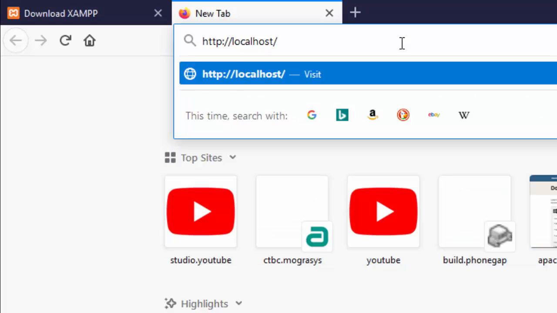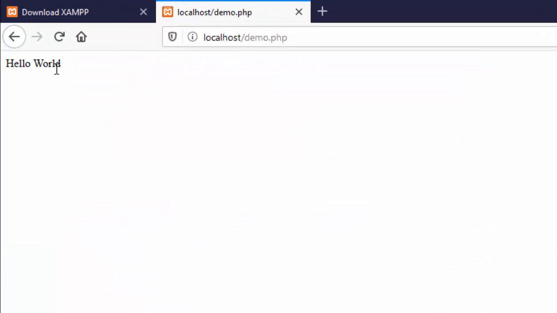Since we have given the file name as demo.php, I am going to specify that file name and hit enter. So this is how you can run your PHP file with the help of XAMPP server on Windows.